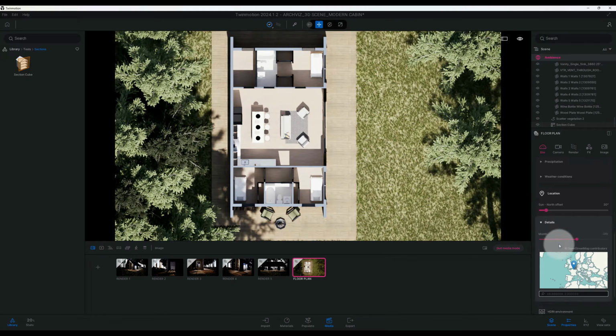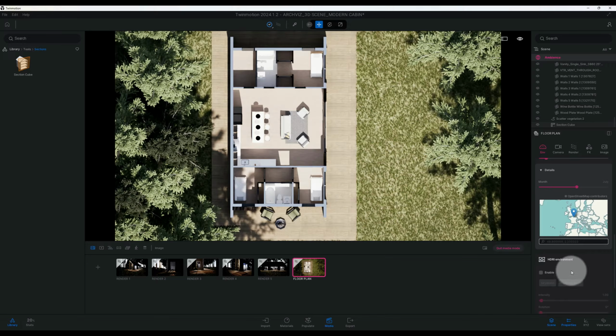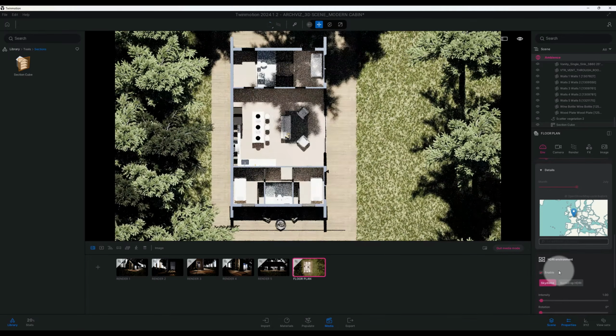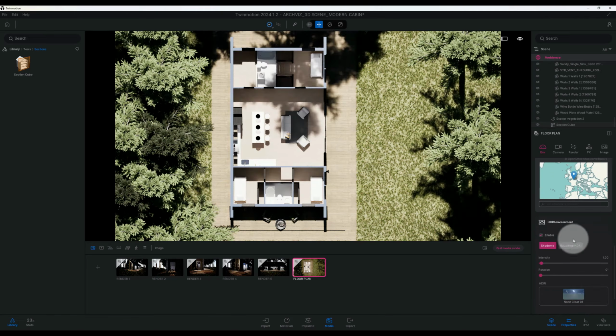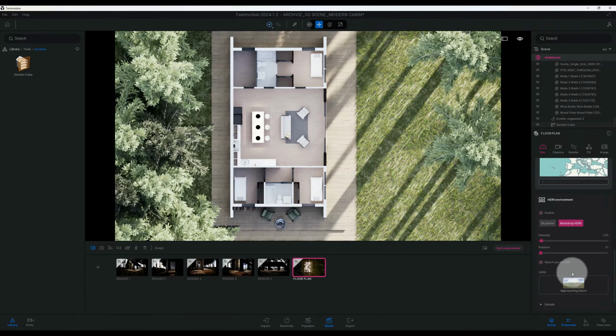I want to have a certain look, so we're gonna go to our HDRI environment, and we're going to enable that. Okay, so now that we enable that, we have two options. We have sky dome or backdrop HDRI. I'm gonna use the backdrop HDRI, which activates our approaching storm, which is the one that we want to utilize. Okay, so as you can see, you're starting to see our floor plan look a lot more noticeable, which is great. It's looking good, but there are still a few adjustments that I want to make to this floor plan